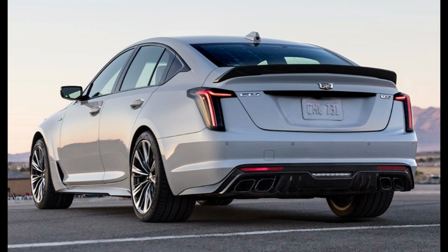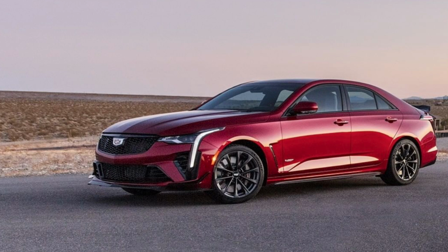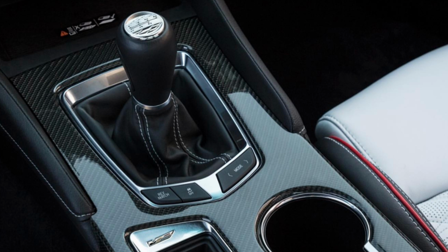Let's talk about the CT4-V BlackWing. It isn't quite as thrilling, but Cadillac has updated the twin turbocharged V6 engine. Now it makes 472 horsepower and 442 pound-feet of torque. And the CT4-V BlackWing hits 0 to 60 in 3.8 seconds, and it has a top speed of 189 miles per hour. The CT5-V is the faster car to choose, and Cadillac gives you two transmission choices, which is a